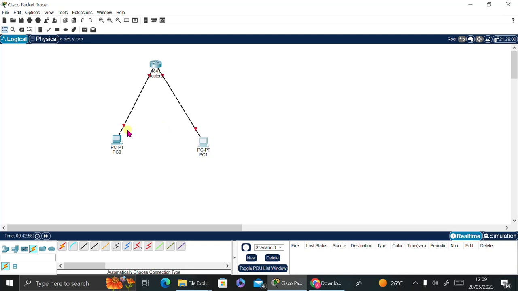Why? Because you are seeing everything is red. If you have established a connection, you will see that everything will turn green. But for now, there is no connection. We only assigned cables to them, but there is no connection. And we know that devices can only communicate with each other on the internet through IP address and also using